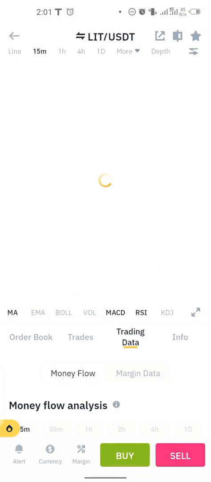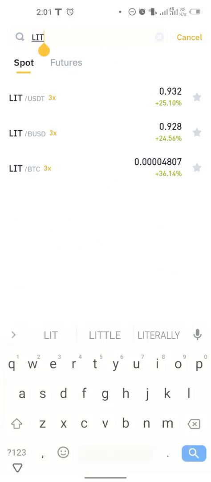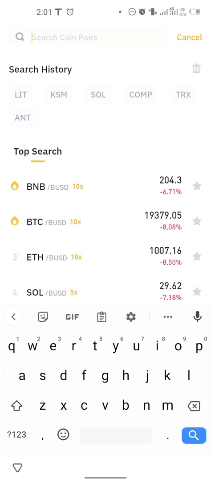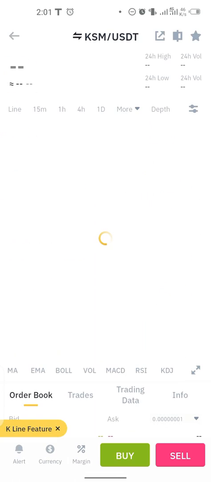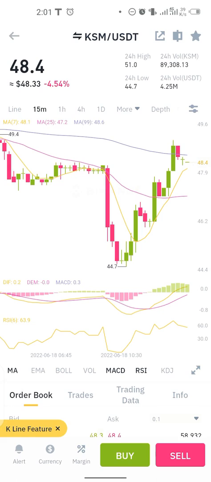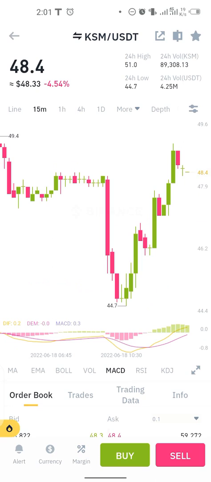All right, so we come in a Binance account. Now we want to look at another coin. Okay, KSM. Can we be able to trade this? Right, so you want to look at a variety of coins. So let us start with the 15 time frame. Okay, you see, if someone joined this particular trade, let me remove all the indicators and remain only with